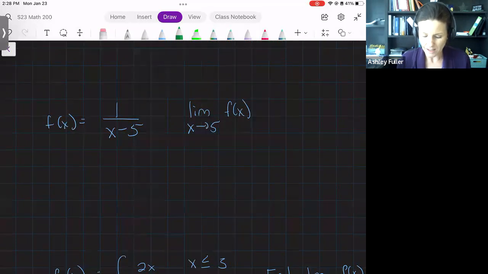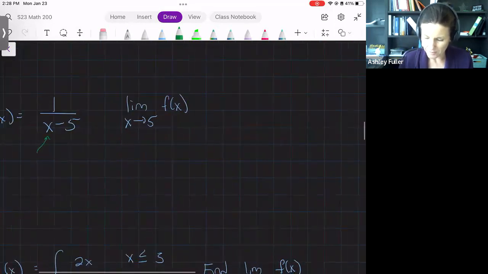Because notice here, if I plug in 5, I'm going to get 1 over 0. Well, this is going to lead us to what we can call an infinite limit. Notice if I look at both the right and the left-hand limit, as I approach 5